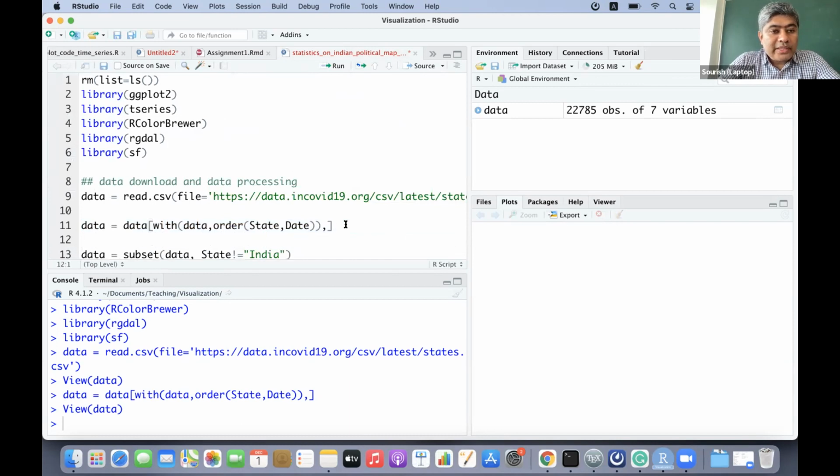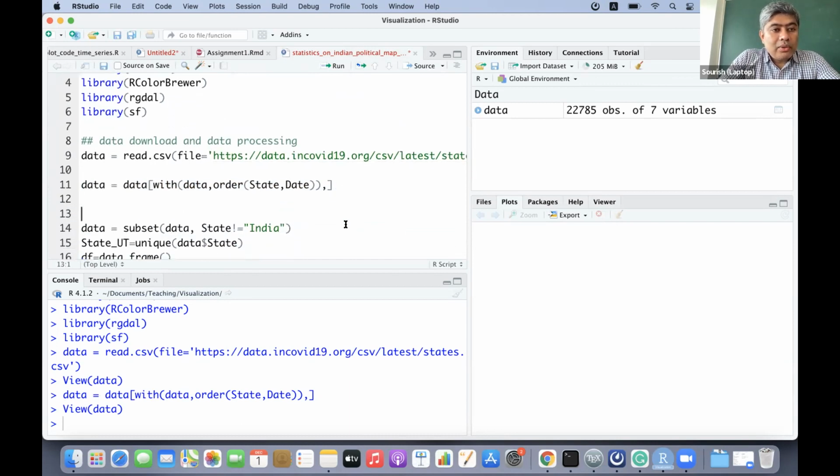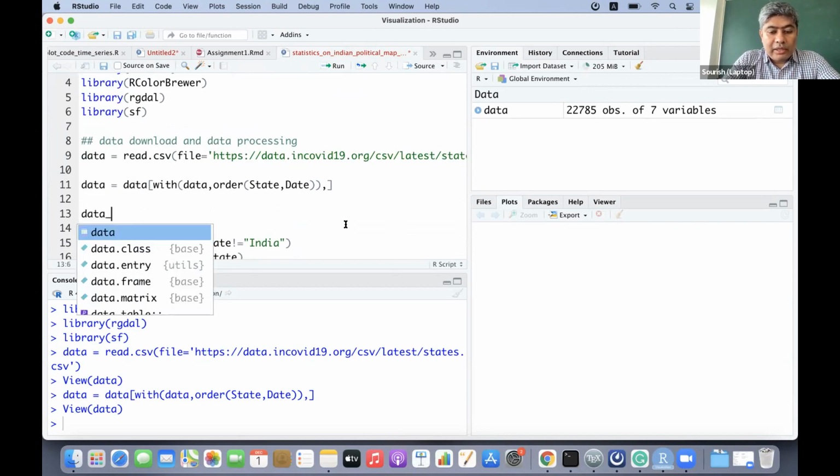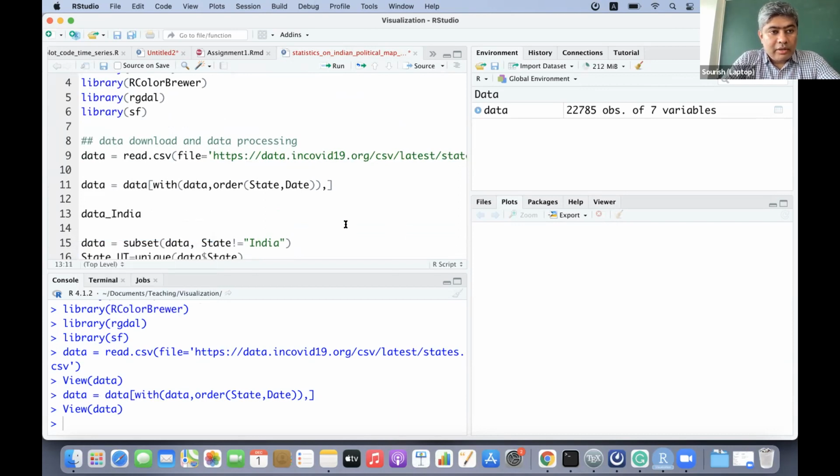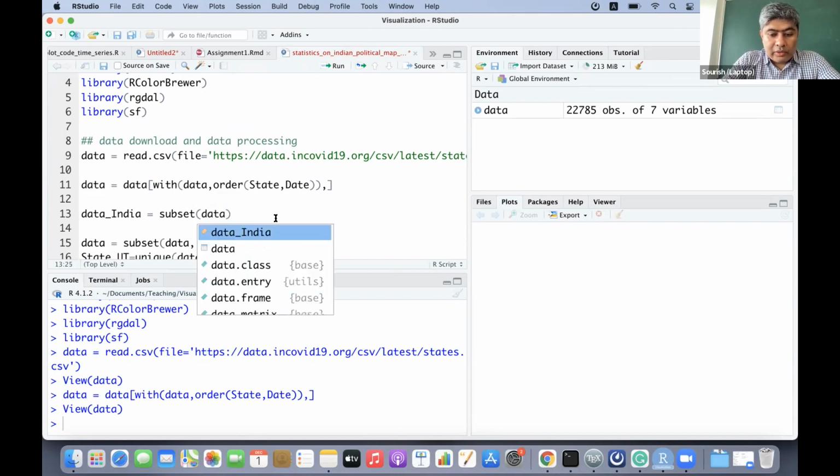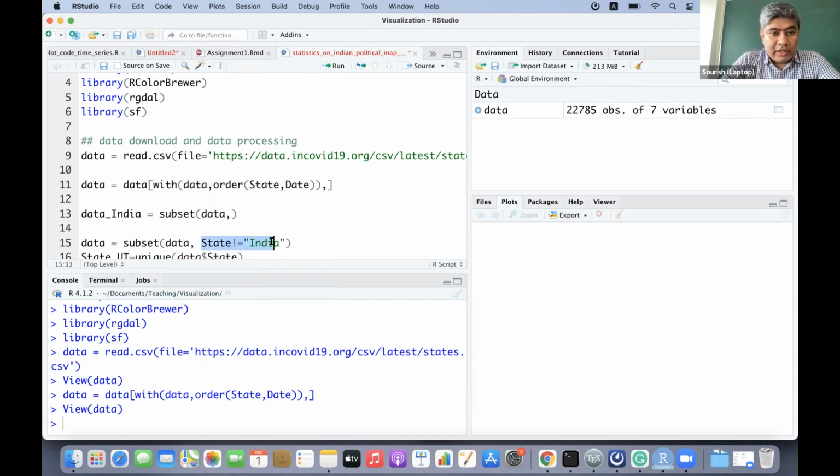Specific to India, we can also subset the data by state.